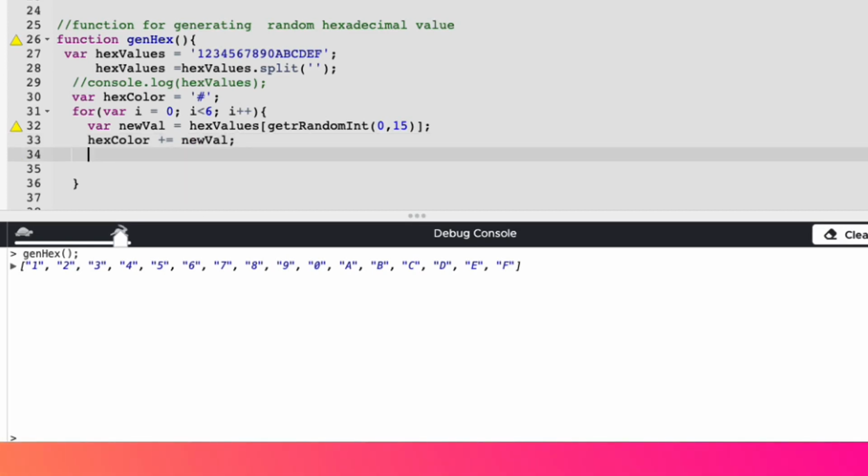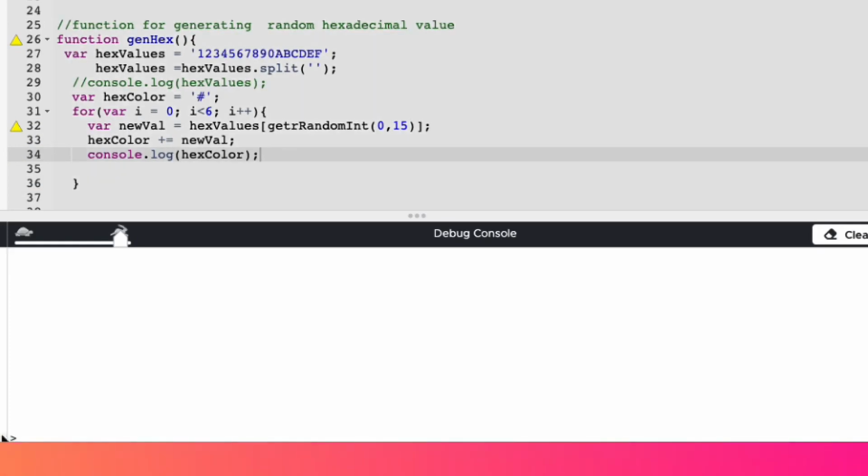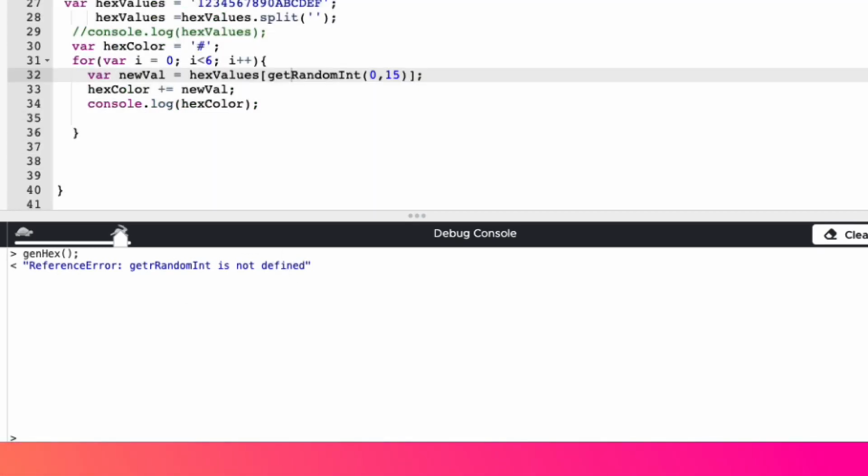And we can see this as a proper hex color value by doing a console.log and just passing it hexColor. This way we can see it build up every time the loop turns, and this will be good to let you see that. Let's go ahead and reset and run. I'll just use the up arrow: click at the bottom here, use the up arrow and enter. I mistyped getRandomInt, so that's good. We'll just take care of that. Reset, run,